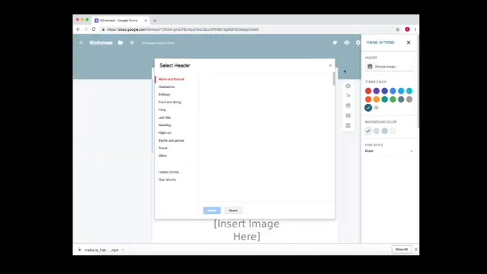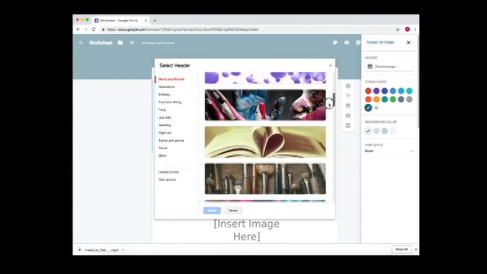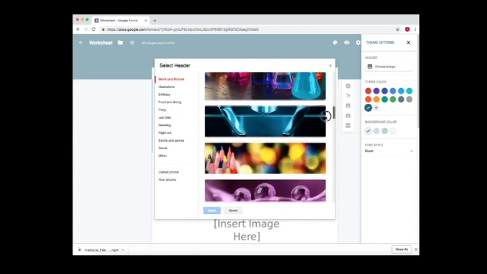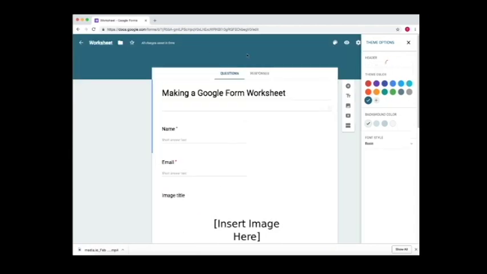an image. So the image I want to choose can either be one that they already have on the Google form system. For instance, I can scroll through and take a look at their images and decide if I want one of these. So let's say I want that one, and press select, and then it will change it to